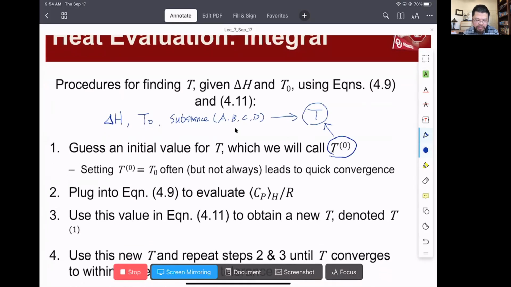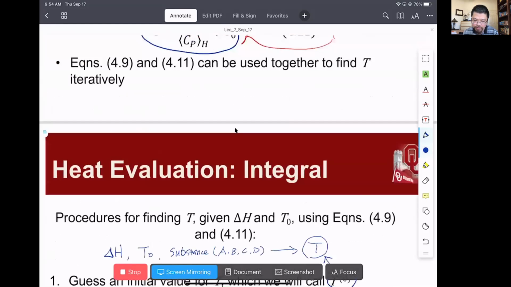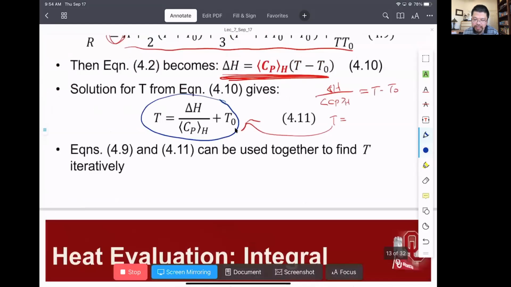And as we have, you can start with the T naught or a very small change from the initial temperature. Say if this is 300 Kelvin, I could use the 300 Kelvin as my initial guess, or I could use 301 as my initial guess. Once I have this T, the guessed T final and the T naught,